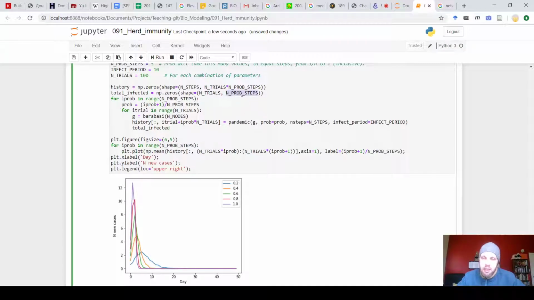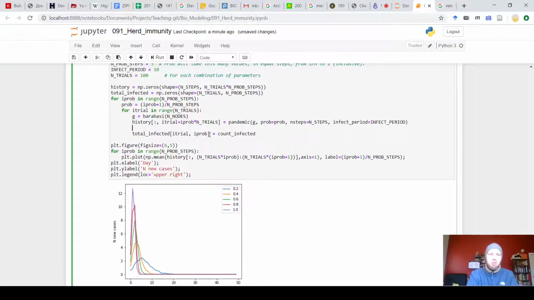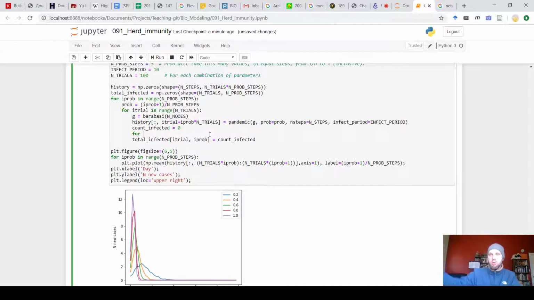But the next axis will be all the probability steps. Good. So total infected, with i trial and i prob, that's how we address one element here, and it will be equal to count infected, something that we haven't calculated yet. We have to actually calculate it. So let's do that. Count infected equals 0. We need to go through all nodes. For node in